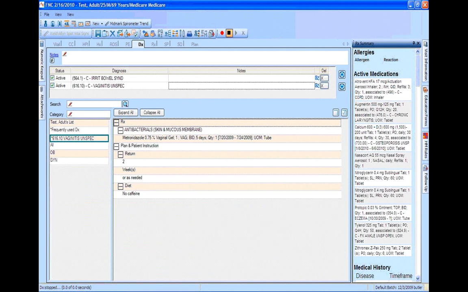Something else that's also fantastic about this application, you have the ability to build or create user-specific treatment plans or protocols. We call them diagnosis associations. In this case, what you're looking at is where I've diagnosed a patient with vaginitis, and immediately it will expand out to the typical prescription that I will prescribe, a return visit in 2 weeks, and for the patient to